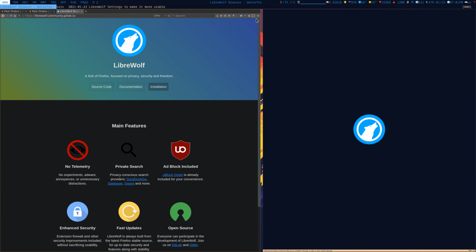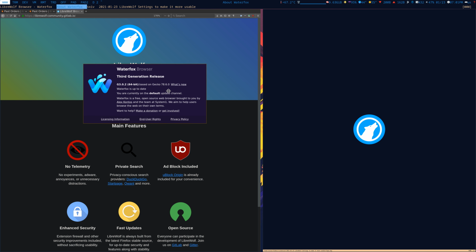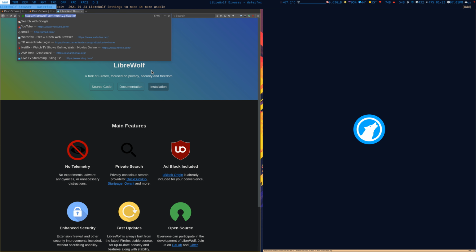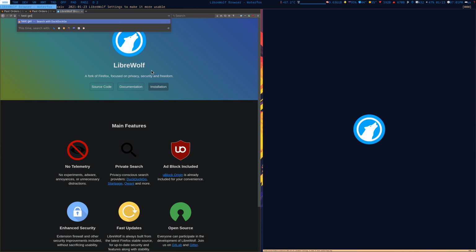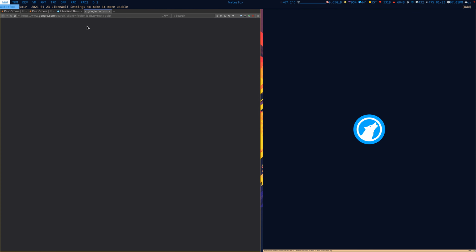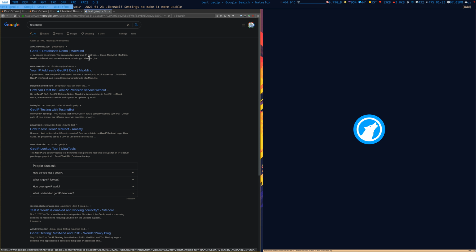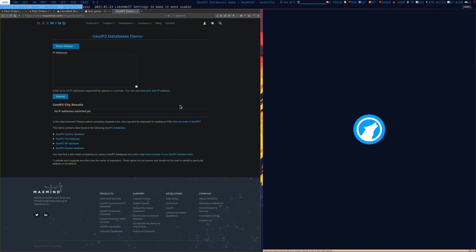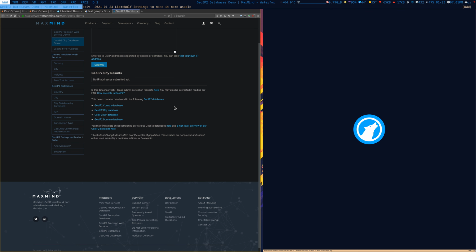So right now I'm using another browser. This browser is Firefox. So I'm going to check what my GeoIP is. I'm going to do a search, this time with Google. After I do my search, I'm going to browse what the GeoIP of my house is. So I'm going to do a demo, see if my location works, show sidebar, and then you'll see